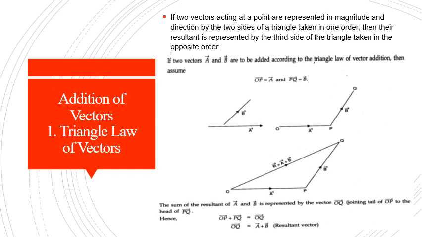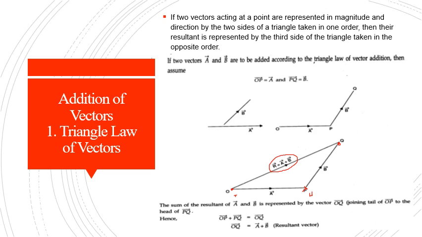Look at the diagram students. We have two parts in a vector. See, this part is tail, and this part is head. So this is the tail of vector A and this is the head of vector A. So how will the resultant vector be? The resultant vector will join the tail of vector A and the head of vector B. So this will be the resultant vector OQ. This resultant is nothing but the addition of the two vectors A and B.